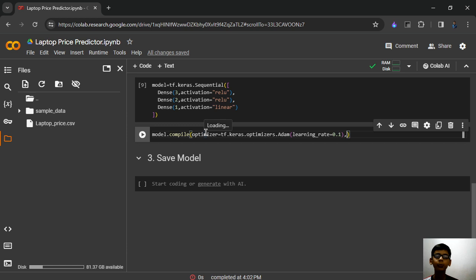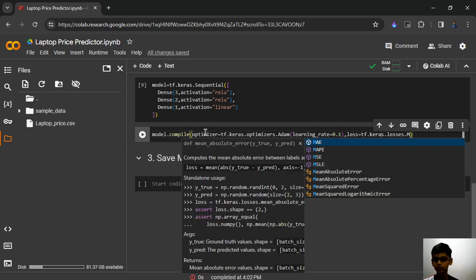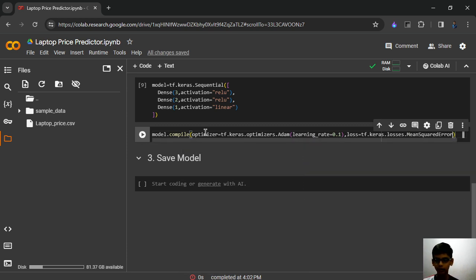But if you want a good model, you can use 0.01 as the learning rate. And loss is equal to tf.keras.losses.mean squared error,